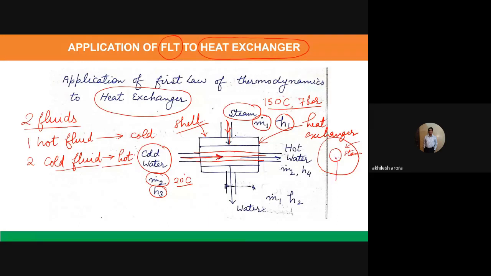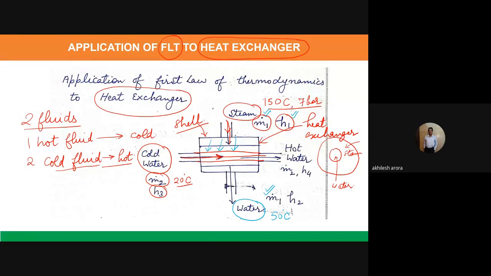What is happening actually? The water is at low temperature, whereas the steam is at high temperature. So the steam will lose its energy and give its heat to the water flowing in the tube. It will come out as water at low temperature, which could be, let us say, 50 degrees Celsius. The mass flow rate of the steam was m1 dot, so the same mass flow rate is coming out. Earlier its enthalpy was h1; now it is coming out at an enthalpy h2.